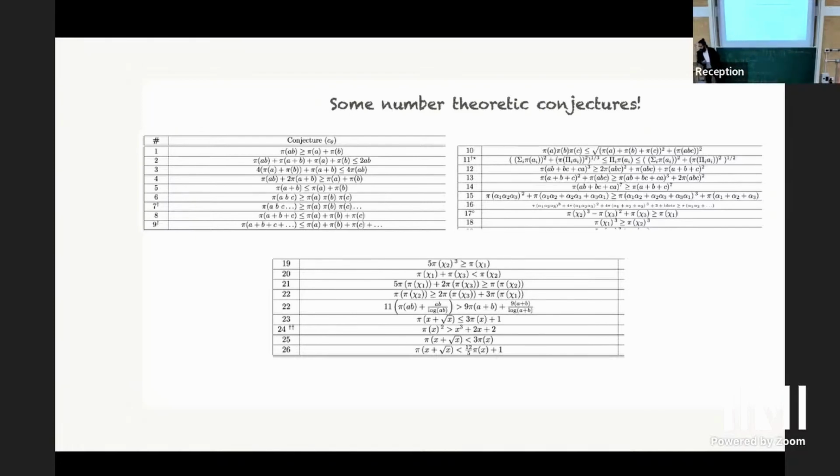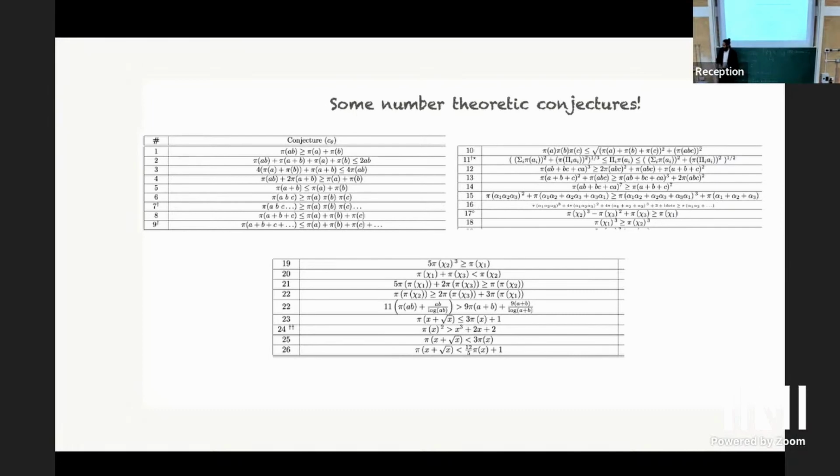Right. So we looked at the first conjecture, which is pi of A times B is greater than pi of A plus pi of B, and I showed this to my colleague who is teaching at Stanford at the moment, and we could show asymptotically this checks out. Then we quickly had to reach out to card-carrying number theorists or other knowledgeable people. So we sent this conjecture to Yang, and Yang said, "Oh, I can kind of prove a subcase of it, but I had to invoke Rosser's inequality."